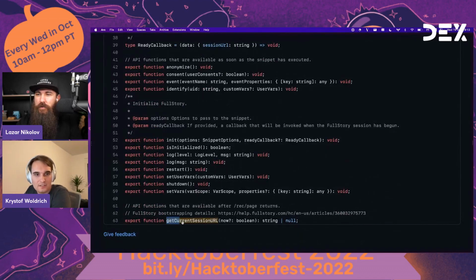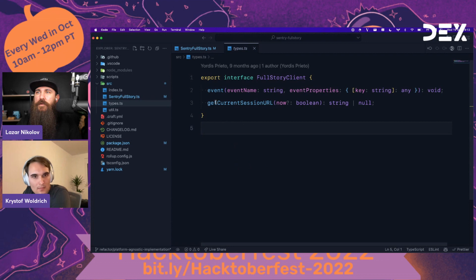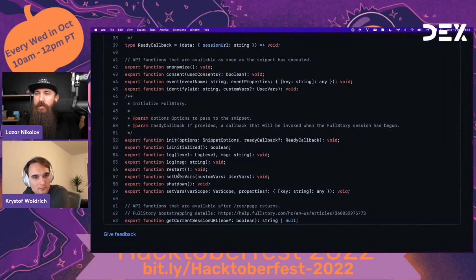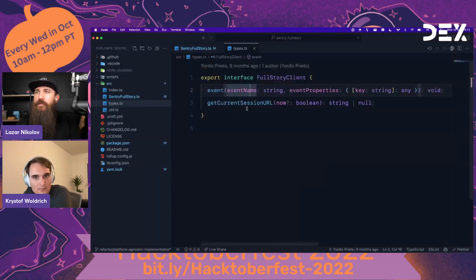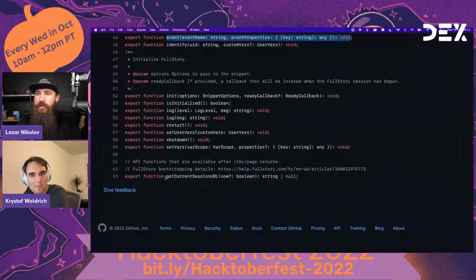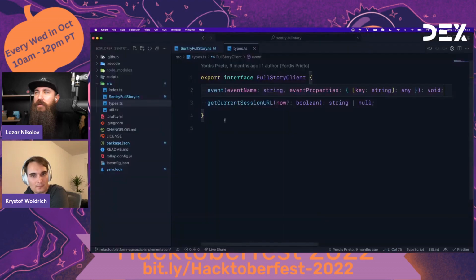Yeah, I think the interface is actually this whole file, because we were importing the client as everything from FullStory, right? Yeah. So let's see. We got the event here, which is this. So let's just try to make sure that we are having it typed the same. Yeah, the event is clear, and now let's see the getCurrentSessionURL. There we go. No changes. That means the event is now